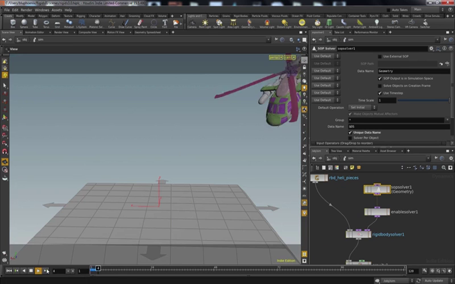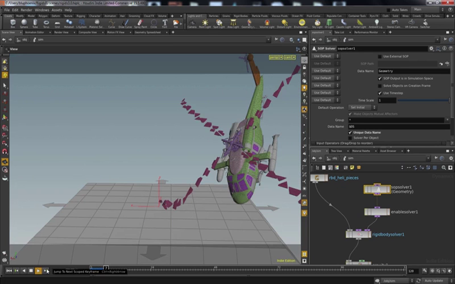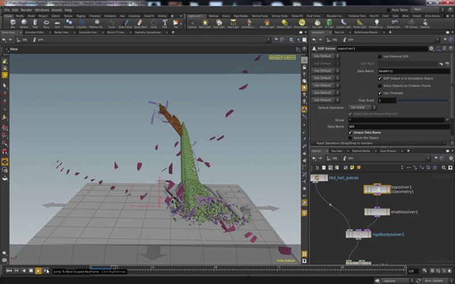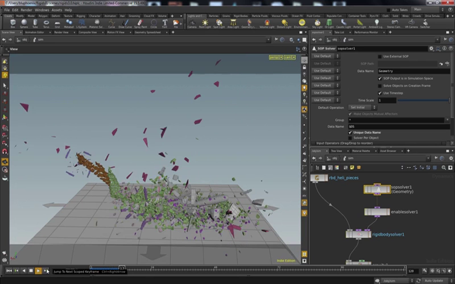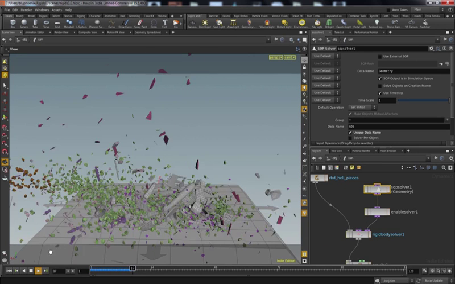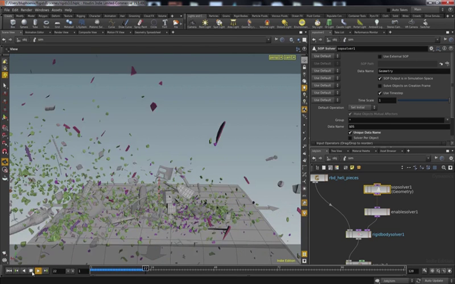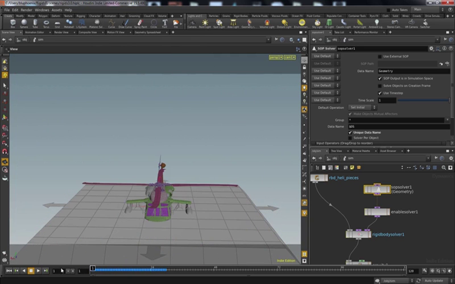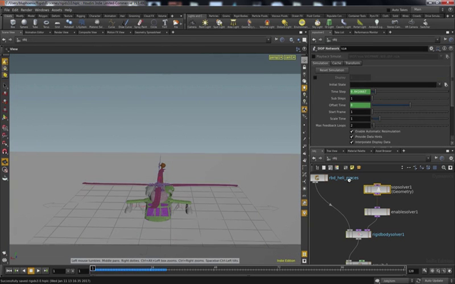Now, again, we don't want the helicopter to shatter like this. This is just a proof of concept that things are flowing through. Everything seems to be working correctly. Nothing is holding any of these pieces together right now, but it literally works. Cool. So, one of the main things we would need there, of course, is we want this thing to actually